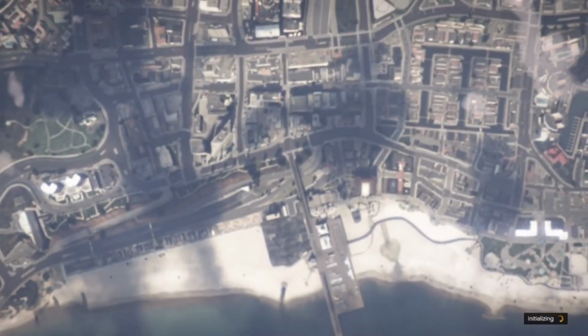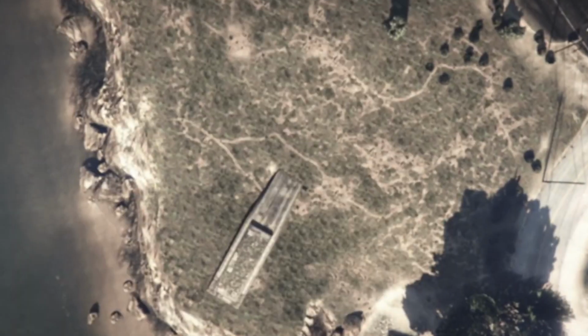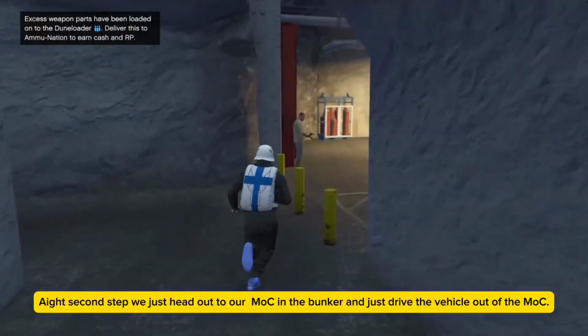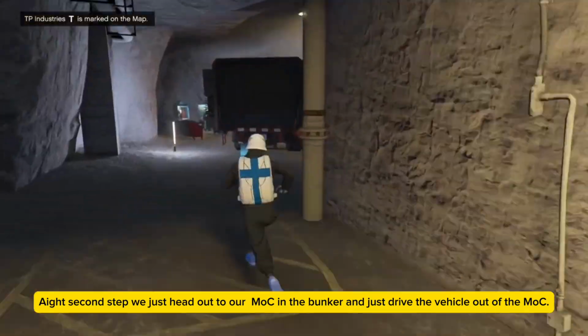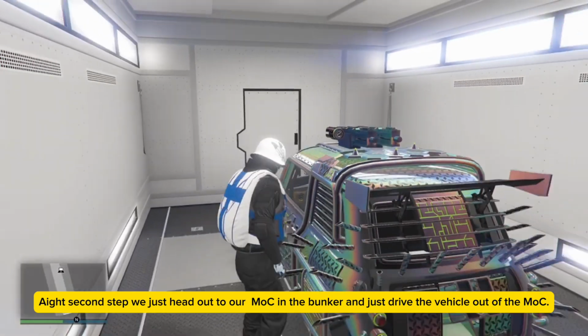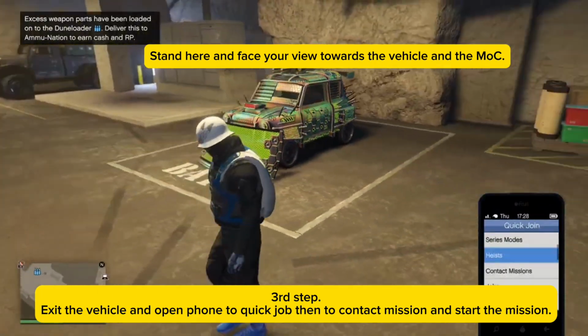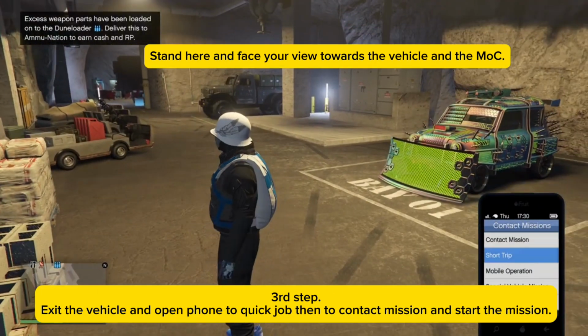Then we just start a new session in the bunker. I prefer public session, but any session will do. Alright, second step, we just head out to our MOC in the bunker and just drive the vehicle out of the MOC. Third step. Exit the vehicle and open phone to quick job, then to contact mission and start the